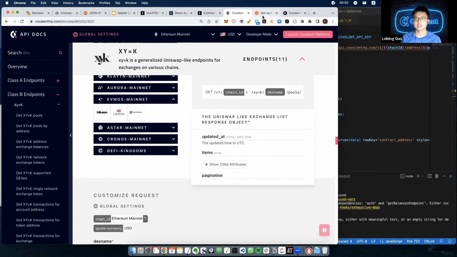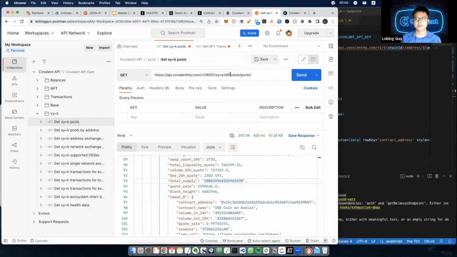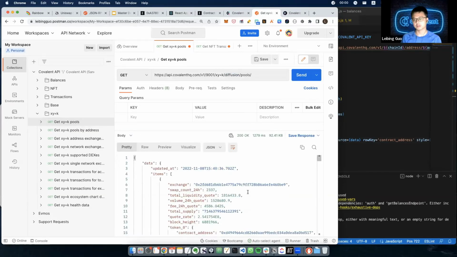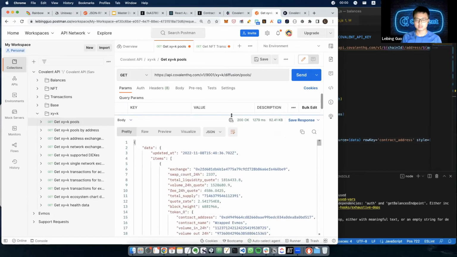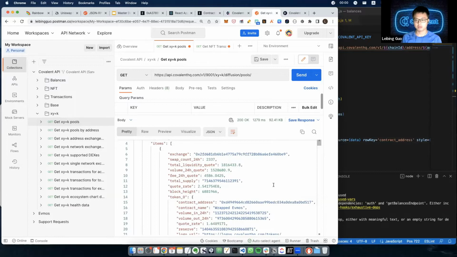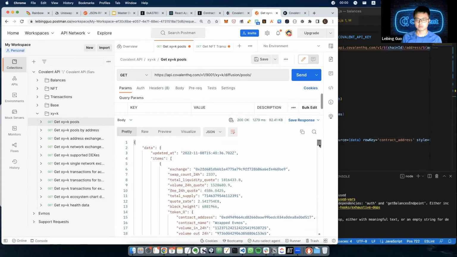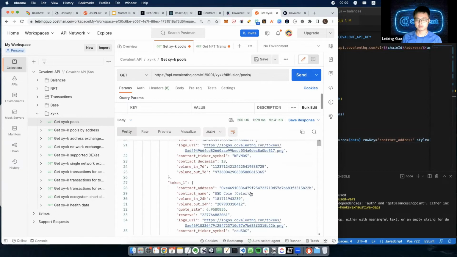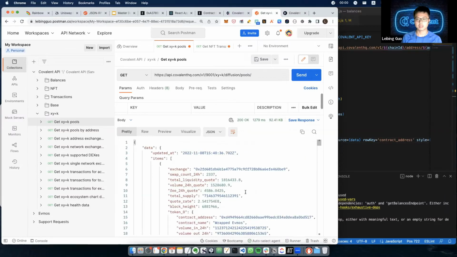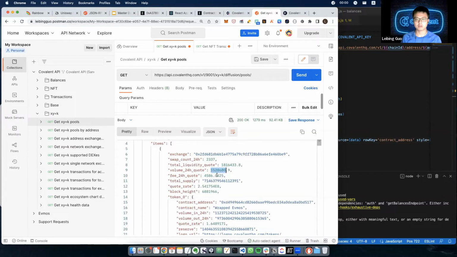But you can actually just call diffusion as the pool. And I'm gonna fetch the data live again so that you can see it. And these are the liquidity pools on Diffusion, arranged by TVL. So let's take a look at the first pool. You have a wrapped Evmos and USDC pool, right? And it's got a 24-hour swap count of 2337. It's got total liquidity, volume, fees,